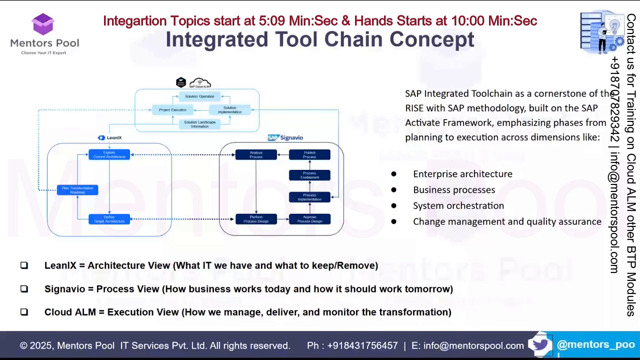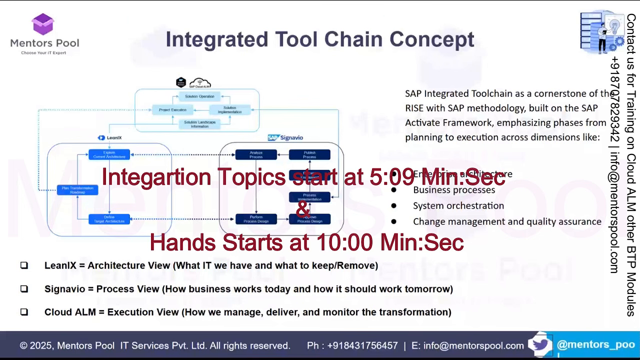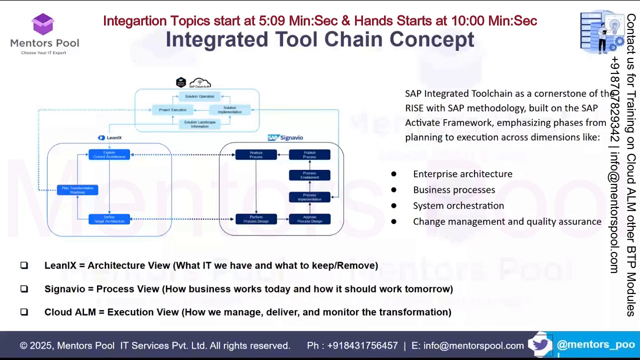Today we know that most customers are transitioning to S4, and every customer is in some kind of transformation phase. To make their SAP transformation projects successful, they require collaboration across enterprise architecture, business process intelligence, quality assurance and data integrity, and user enablement. All these things are needed. To bring together these portfolios, like enterprise architecture, business process and system orchestration, change management,